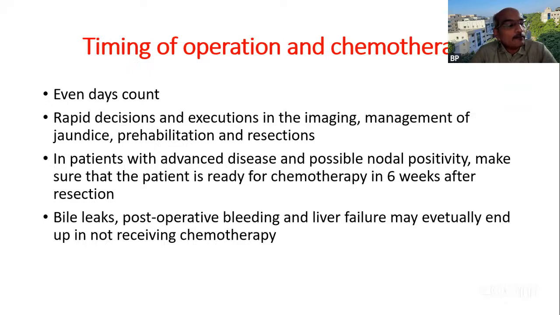If you think that your surgery is going to create more complications and the patient is not going to land up in adjuvant therapy because of bile leak, bleeding or liver failure, these patients will not receive the adjuvant therapy, they may eventually end up not receiving chemotherapy, and they will have similar survival as that of any metastasis. So it is better that these patients are referred to expert centers to perform aggressive surgery and possible adjuvant therapy in a definite time frame.